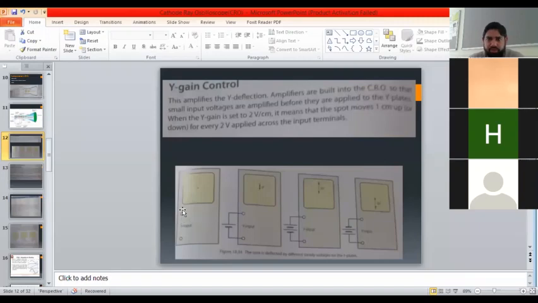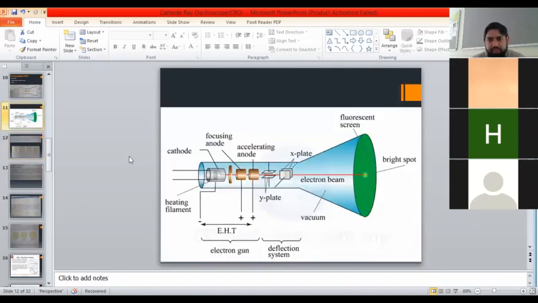So now this is the simplified panel of the CRO. We have a screen here. That screen has grid shown on it. स्क्रीन के ऊपर डॉटेड लाइन से एक ग्रिड फॉर्म किया हुआ है, एक्स वाई प्लेन फॉर्म किया हुआ है, एंड वी हैव टू इनपुट्स ऑफ दी वाई प्लेट्स. जो आपके पास इंटरनली वाई प्लेट्स हैं, इंटरनली जो वाई प्लेट्स हैं, उनकी इनपुट को फ्रंट पे प्रोवाइड कर दिया.